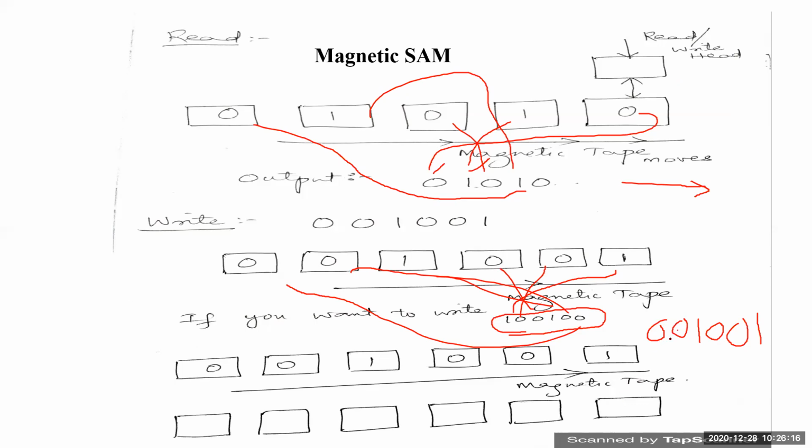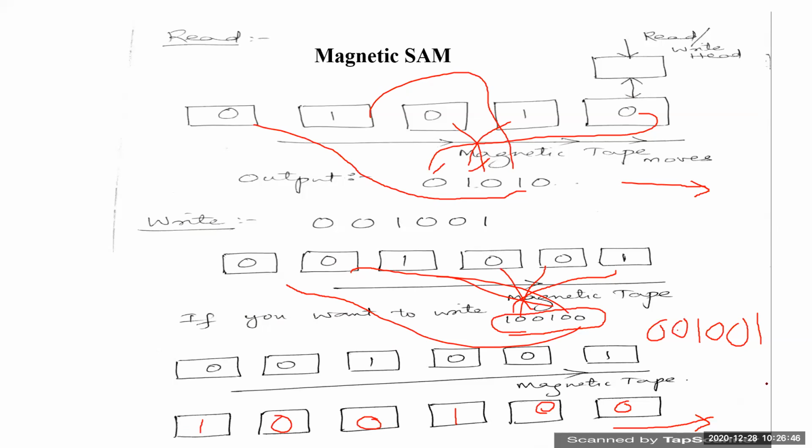First will be what, the left, as the magnetic tape goes on moving from left to right. The first will be the left data will go and settle over here. 0 will settle here. Afterwards the next one is 0, so the 0 settles over here. The next one is 1, the 1 settles in this particular location. Third location after that it is 0, and the next one, the fifth cell, will be stored with 1, and afterwards the sixth cell will be stored with 1. So this will be the new data which is stored in the register.